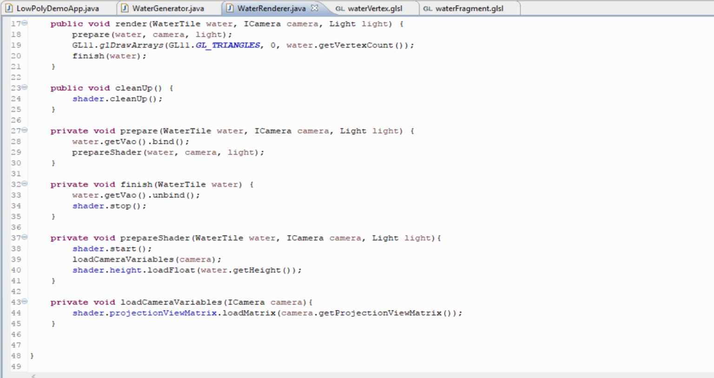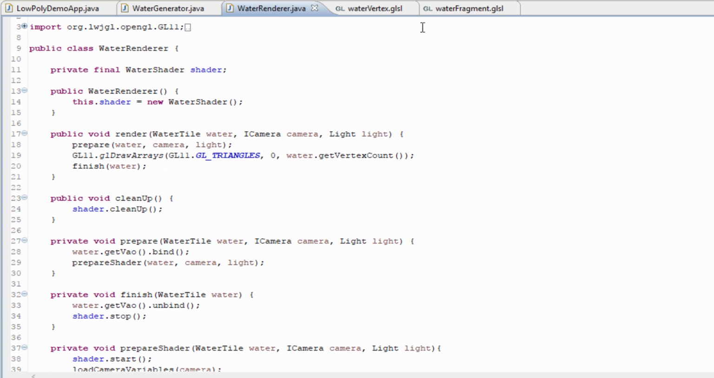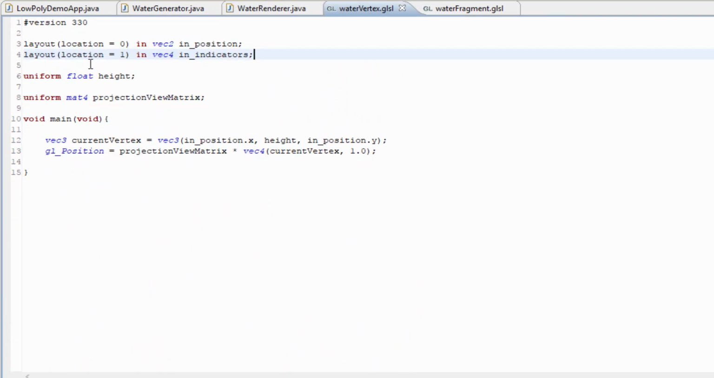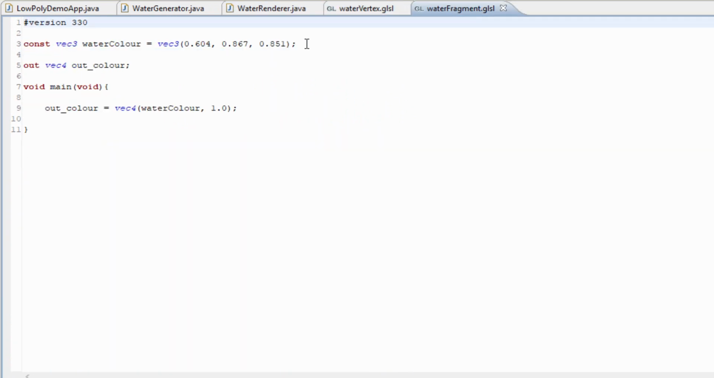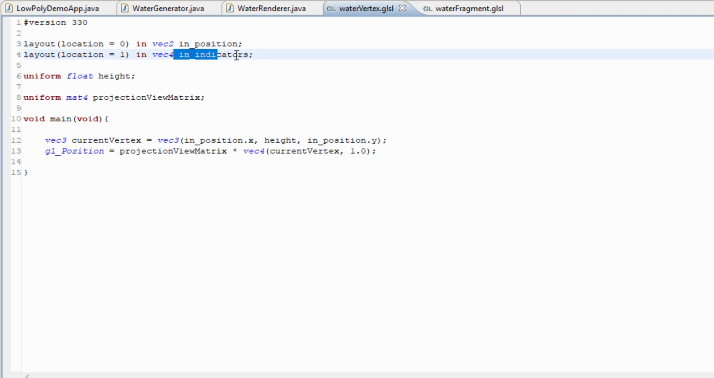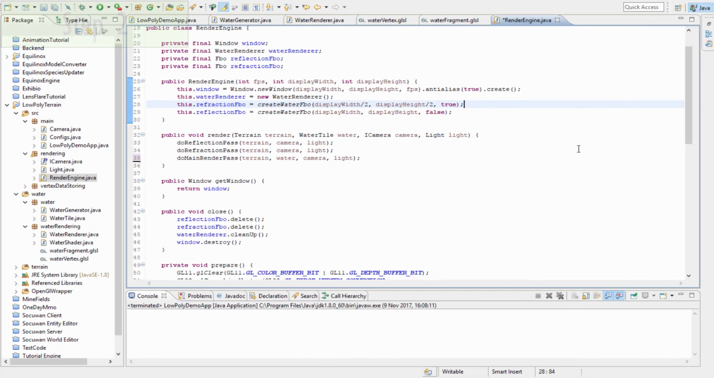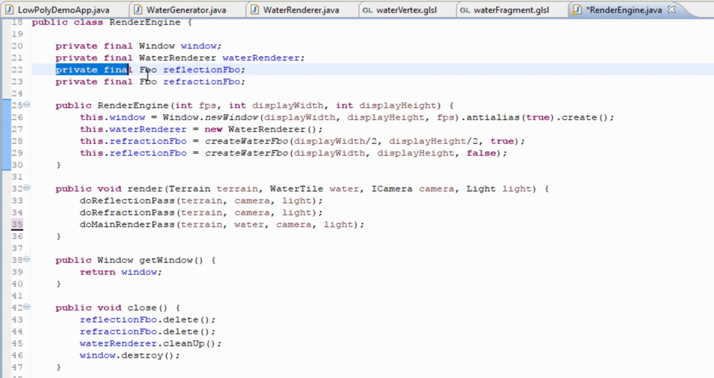There's also some really simple rendering code which I don't think needs any explanation, with a very simple vertex and fragment shader, and again just note that these indicator values are currently not being used for anything, and at the moment they're all just set to 0. So after generating and rendering that simple mesh, I moved on to step 2, which was to set up a